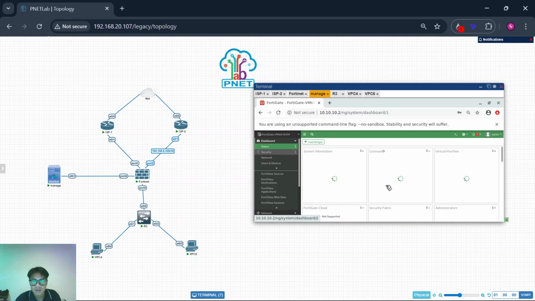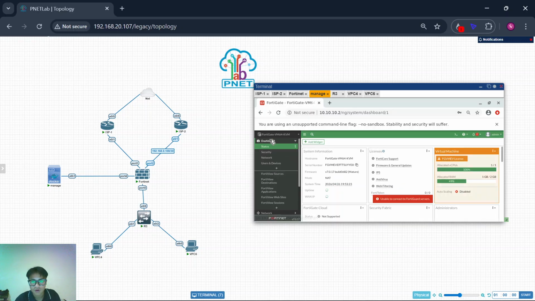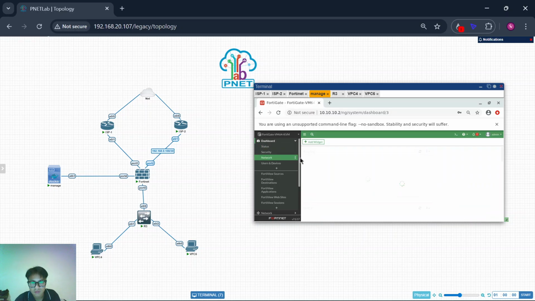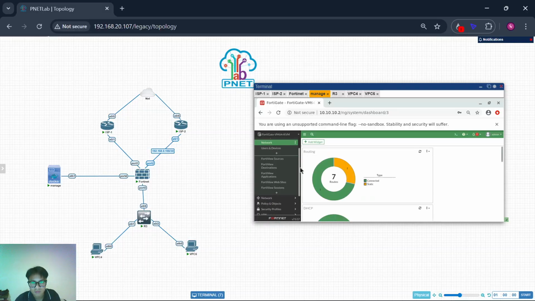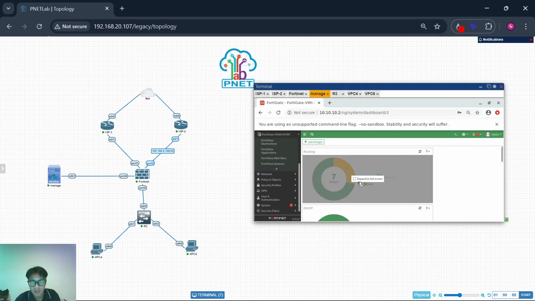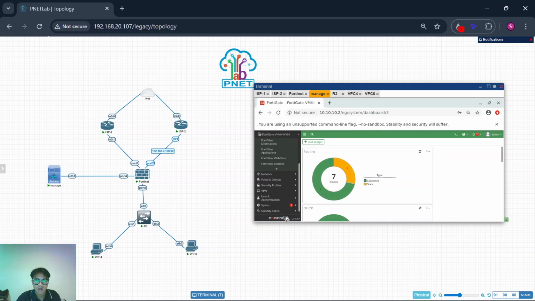This is the status. This is the routing we do. Routing is connected 5 and static 2.